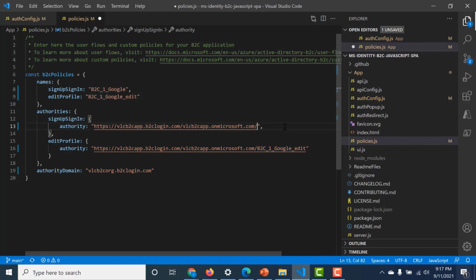So let's remove this and replace it with the user flow. Also this particular domain should be the same, so I'll copy this and paste it here. Again, this is just the tenant endpoint and nothing more than that, and it's going to be suffixed by the user flow ID.